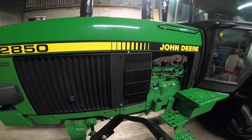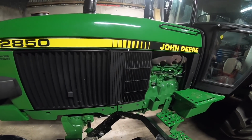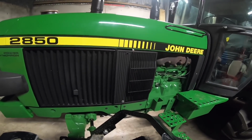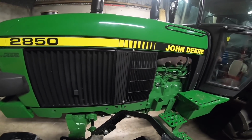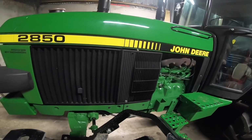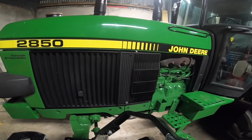If you remember back to the previous video, we had to take the radiator out of the tractor. There was a coolant leak that had appeared in it as it was sitting here in the machinery shed as work was going on it. Initially we weren't sure. We thought it was only something on a hose, but under a little bit fuller inspection towards the end of last week, we discovered it was on the radiator itself. So we had to pull the radiator out and send it away to get it fixed. Turned out there was a small pinhole on the radiator itself,